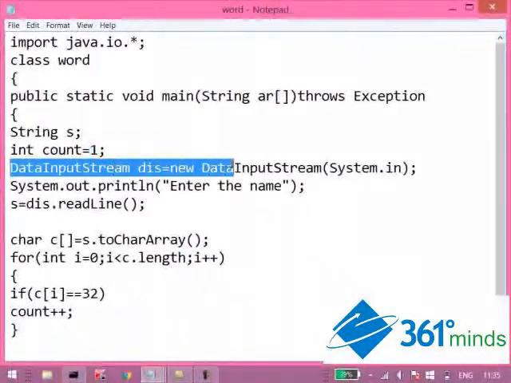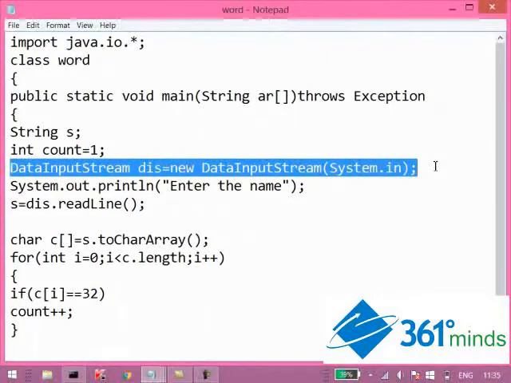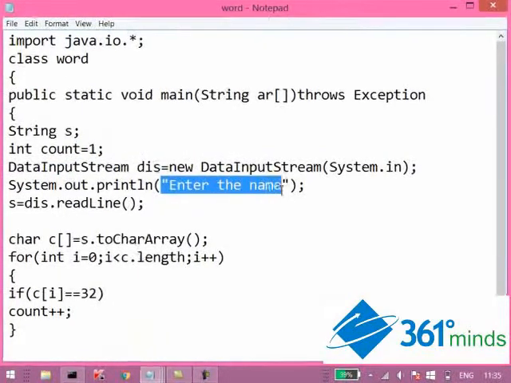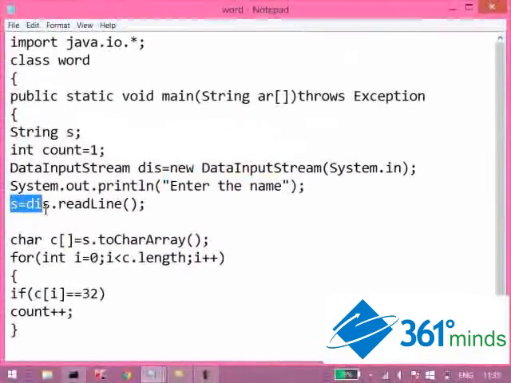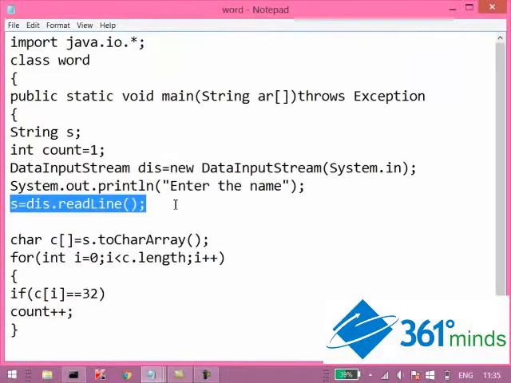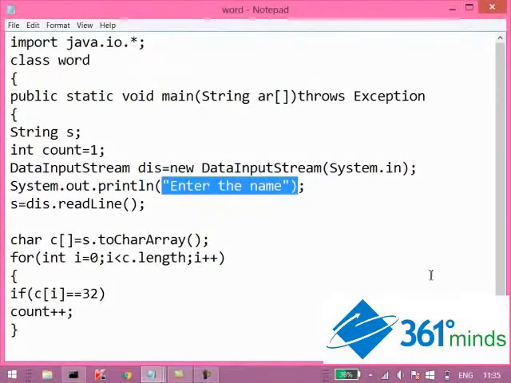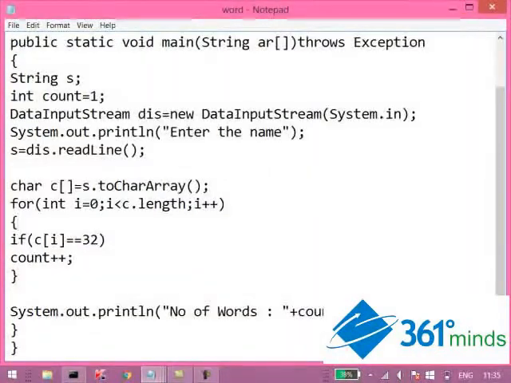The data input stream for taking the input from the user, and this is where we ask the user to enter his name, or maybe you can even type enter a sentence. Now here, because we are going to count the number of words in the sentence, so we'll say enter the sentence. Here I say s is equal to das.readline. The data input stream is going to read whatever the user gives as input,